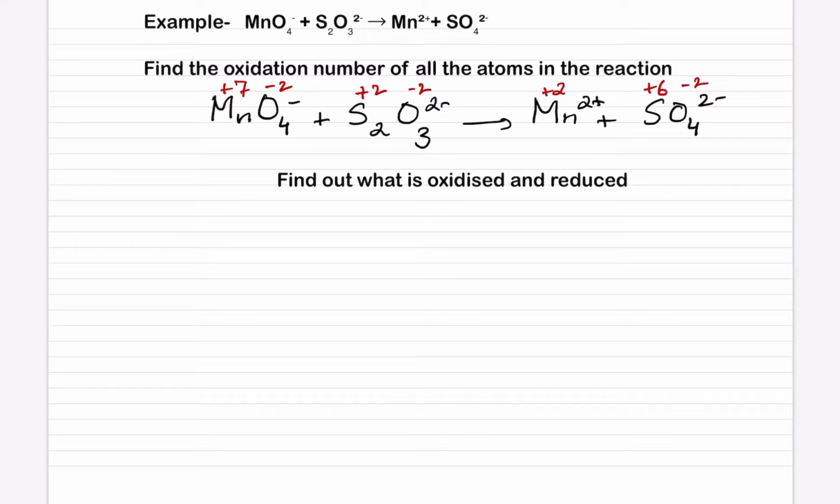Now, once we have found the oxidation number of all the atoms in the reaction, we'll move on to find out what is oxidized and reduced. Now, if you look at sulfur, in S2 on the reactant side it has an overall charge of plus 2, whereas on the product side it is plus 6. So we see that it has lost 4 electrons. So S is oxidized